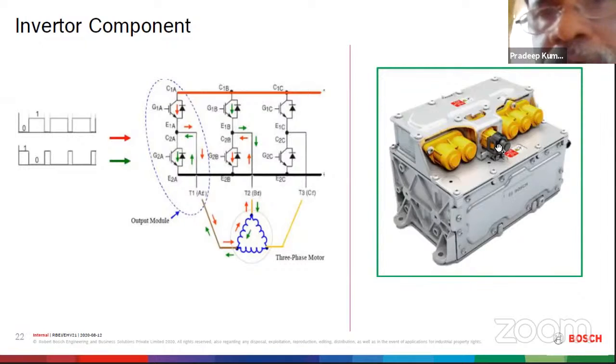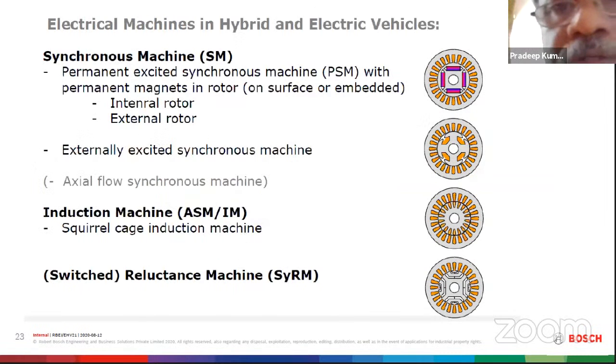This AC output goes into the motor, and the battery is connected. Battery, after the DC link capacitor, is connected to this particular link. Basically, it is 6 IGBTs connected in this particular fashion. Those who learned power electronics know this is a well-known technology where the DC can be converted into AC and then given to the motor. So, coming to the motor,